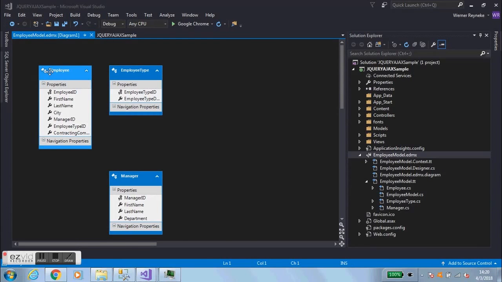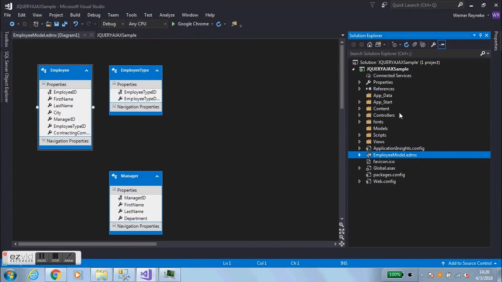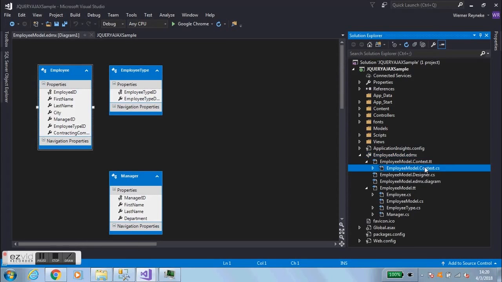Okay, so here you can see on the diagram is the employee type and the manager. So it's pulled in three database objects for us, which correspond to the tables in our database. And what you need to do in your Solution Explorer is expand your employee model.edmx file, and the one that says .tt, the context.tt, and then context.cs. And if you double click on that,